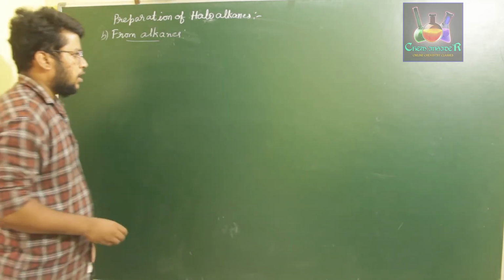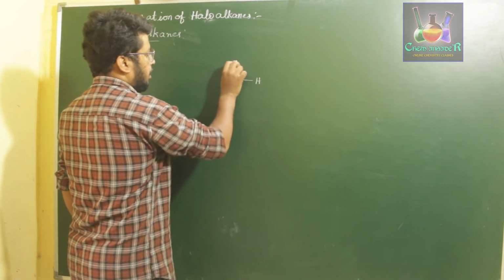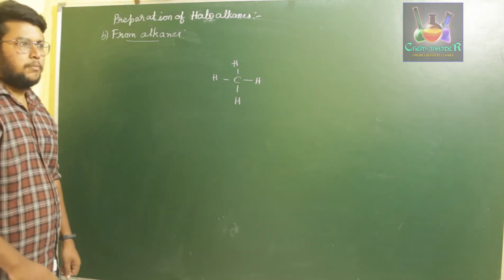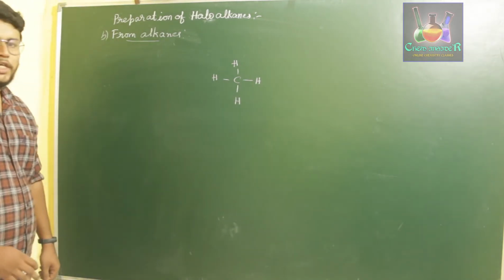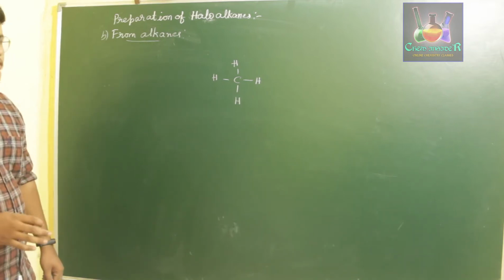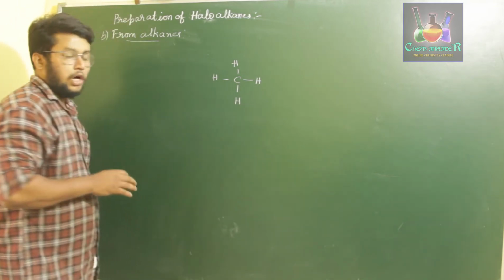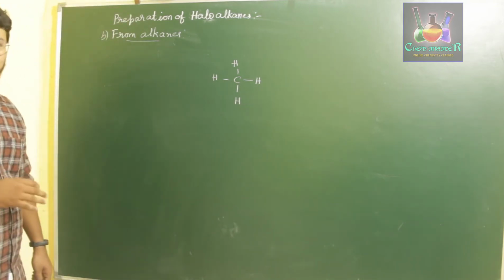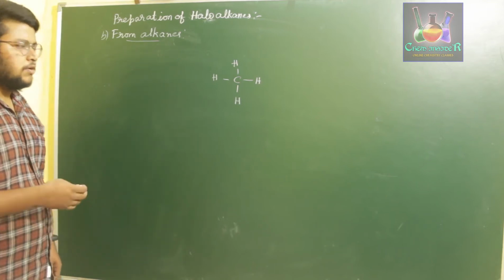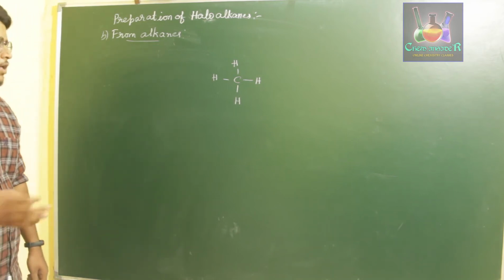As we all know, alkanes are those compounds which have sigma bonds attached with hydrogen atoms or carbon atoms. So, they don't have any double bond or triple bond, which makes them more stable against any addition reactions. So, what we have to do is we need to just substitute them. In order to gain our haloalkane from alkanes, we need to undergo a substitution process, instead of any other addition or replacement thing.